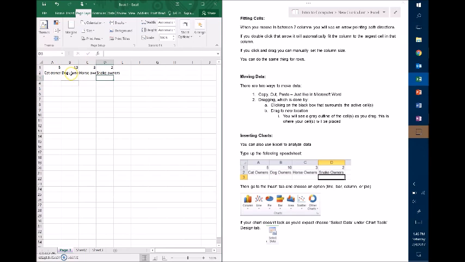So now that we have some data in our cells here, now let's go back and talk about these 2 things. With fitting cells, if you need to make your cells a little bit bigger or smaller, because you see down here it's cutting off on our row 2, you can either manually, if you hover on the little line in between cells, rows A and columns A and B, you're going to see that your cursor changes to a line with 2 arrows. You can click and drag to make it bigger. Or what you can do is if you put your cursor on that little line and then double click, it will automatically resize to fit whatever information is in that column or that row,